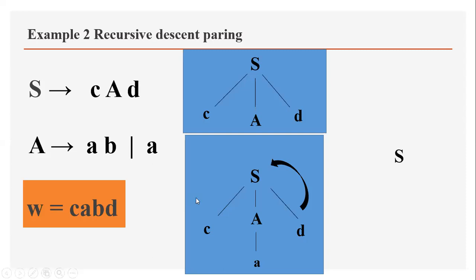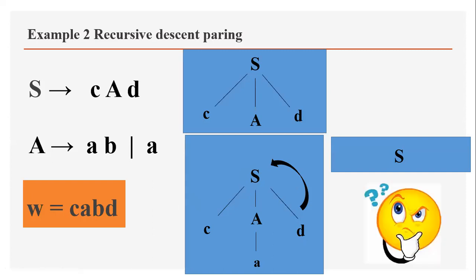So what to do? I have to backtrack. See where D lies with S. So D will be backtracked to S. S is not having any other alternative production. It will remove CAD, but S is not having any alternative production, so it ends up wrong. The input is not matching with the grammar. See how recursive descent works. If you substitute the initial AB itself, it is perfectly correct.